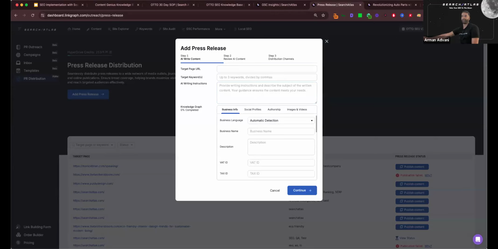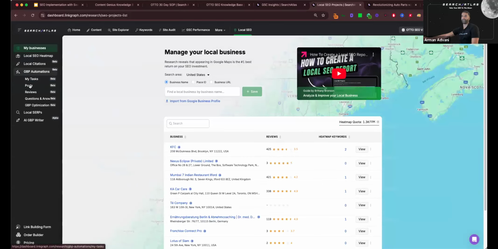So you won't need to have an auto project to use the press release tools, the same way you don't need an auto project to use the GBP automation tools, right? For example, if you're on the pro plan of Search Atlas, that's $3.99 a month, that includes 3 auto projects. So you can run the entirety of auto, all of the on-page, off-page, and local business modules, for 3 websites. But the pro plan also allows you to have GBP automations for 25 GBPs at no